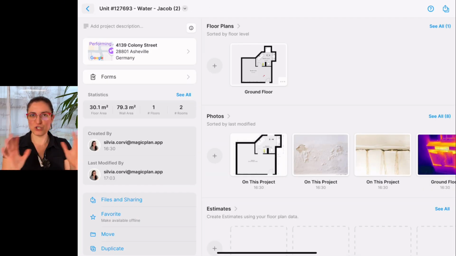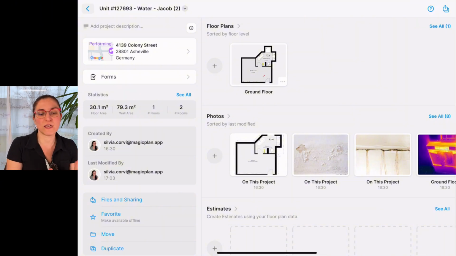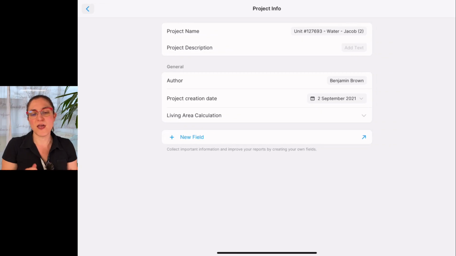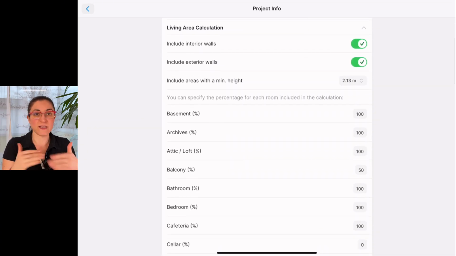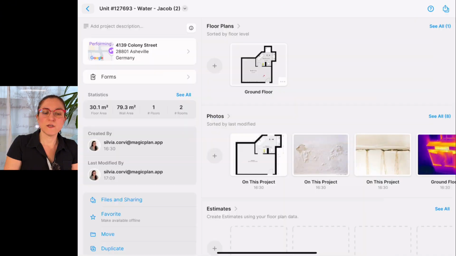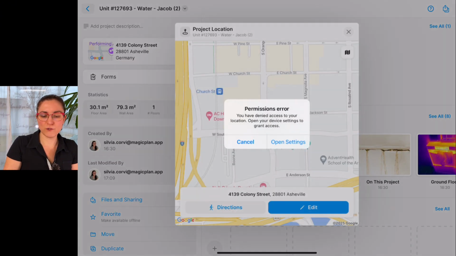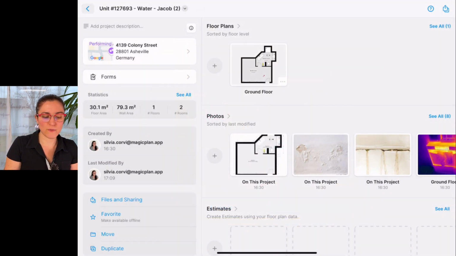Once we're here, we have a general overview, so maybe before exporting the project we can also take a look at the info and check if we're happy, if we want to change something. We also have the living area calculation that can be edited based on your needs. You could also add an address for your project, and once you're happy, you can land in the export menu